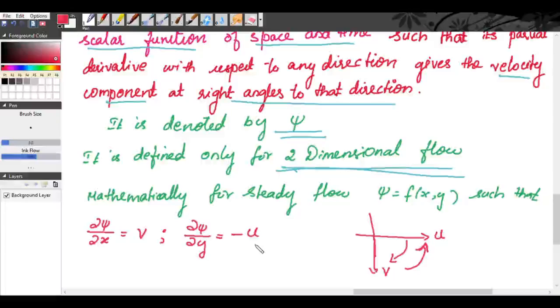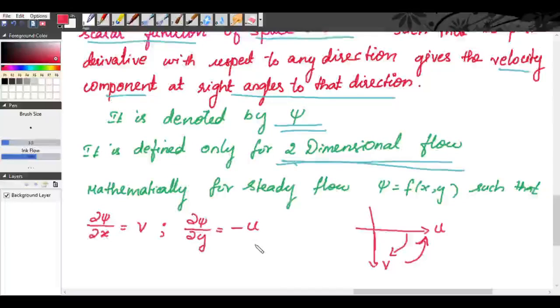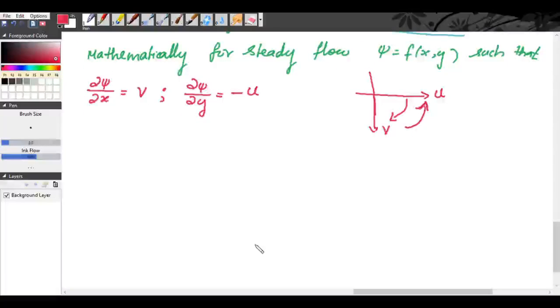Now similarly, see how we have derived our potential function. Same way we will go for this stream function also. So substituting the values for u and v in the continuity equation for two dimension. The continuity equation for two dimension we know. It is dou u by dou x plus dou v by dou y is